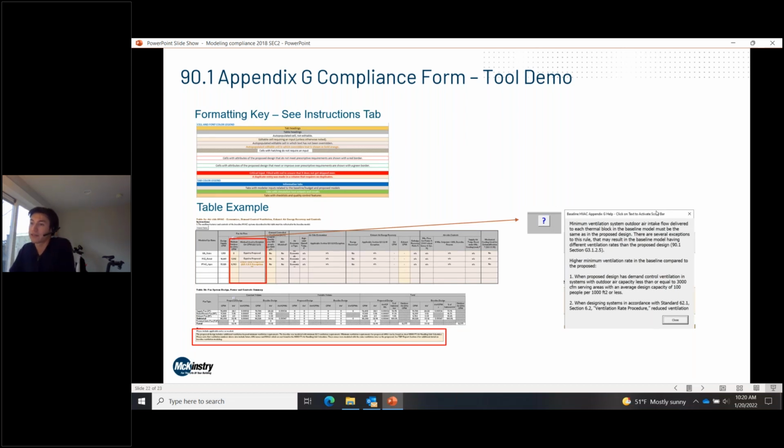So the tool itself has a bunch of tabs, and they're all different disciplines, and you're documenting your inputs in a tabular documentation style. The envelope tab will have 5 tables that document all the envelope inputs that go into the model. But the tool relies on color visual cues for when you need to fill things out or what's been changed. So I've got this formatting key. It's small to read right now, but you can find it in the instructions tab, showing what the colors and the different fonts mean.